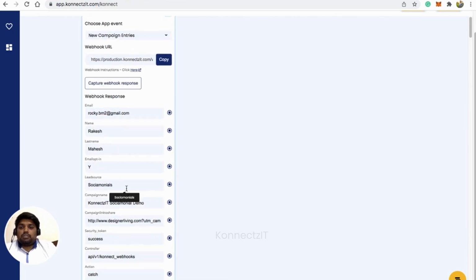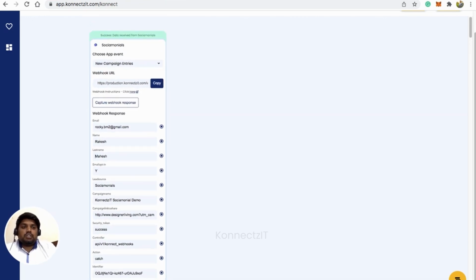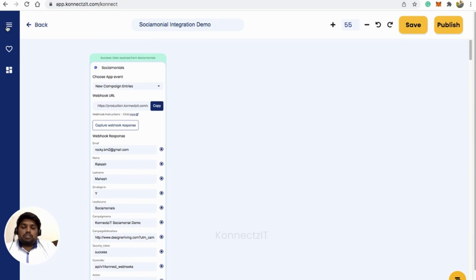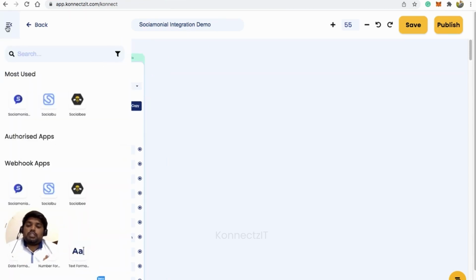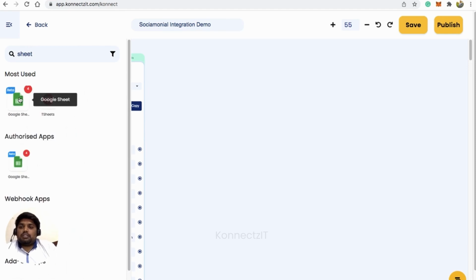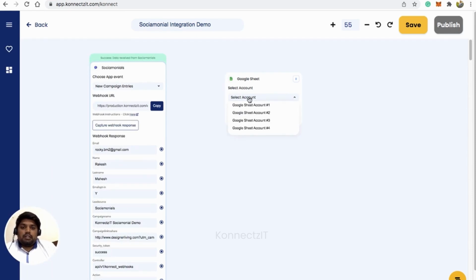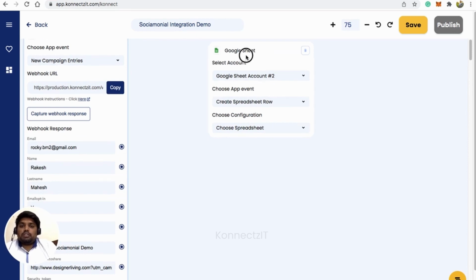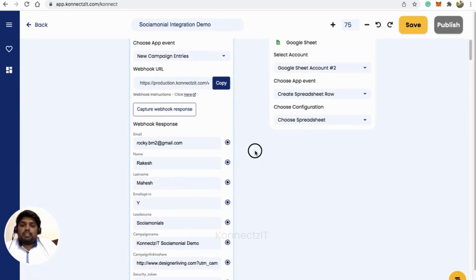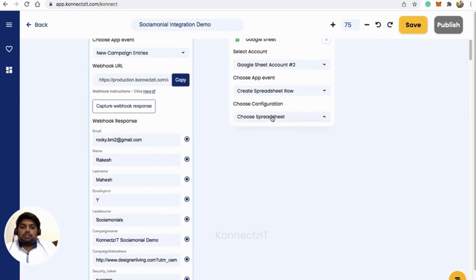So now let's use this. Basically I'm going to store this record inside Google Sheet, which you can use for any other purpose like storing it in your CRM or any other details. I'm going to show it in Google Sheet as a simple use case. So I'll just take Google Sheet here and choose the account and choose the trigger as create spreadsheet row. Whenever there is a new entry on Sociamonials, I'm going to add it inside my Google Sheet as a new row. So I'll choose the spreadsheet